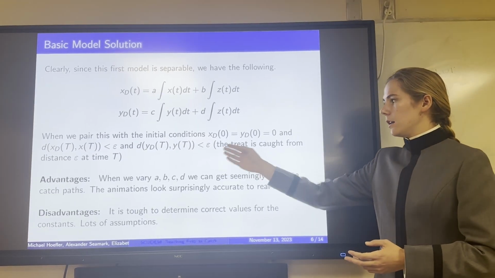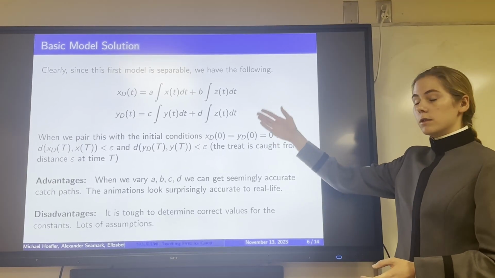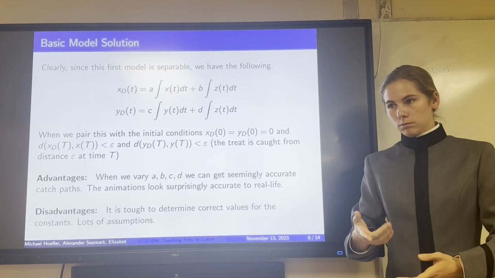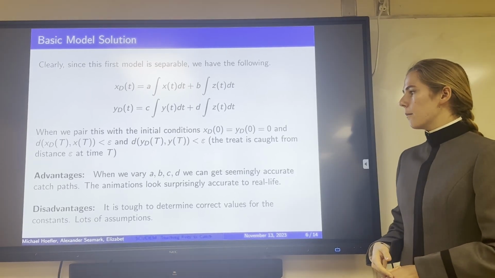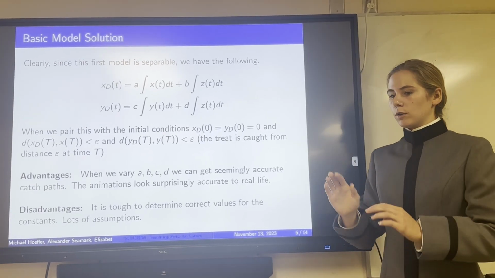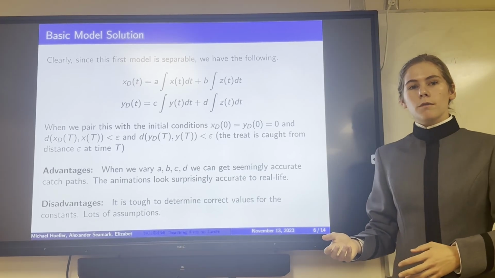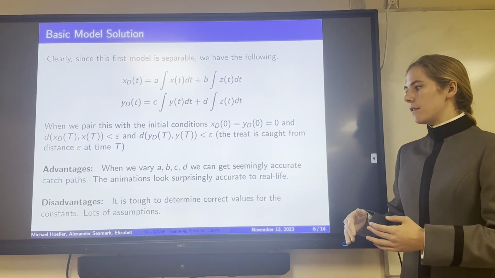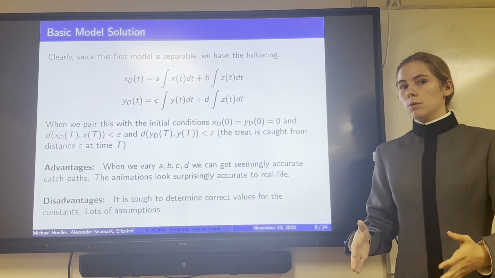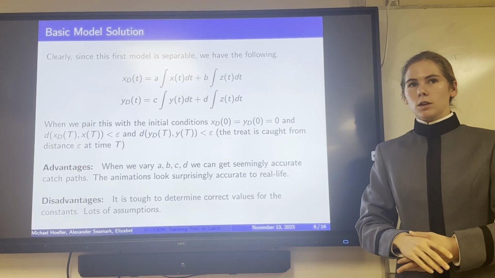and that's in epsilon. And so the advantages of this pretty simple model, which is separable, so we can solve it by hand. And when we vary those A, B, C, D constants to properly get the correct treat and dog placement, we get a pretty accurate model of the dog catching the treat. On the flip side of that, the disadvantages are that when we don't get those good A, B, C, D constants, the model doesn't really work. And so because of that, we explored more complex models to look at how the dog might be catching the